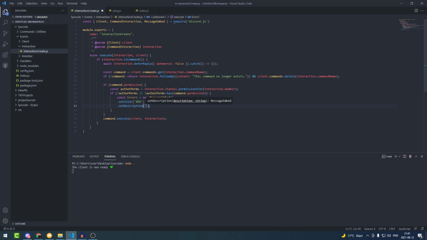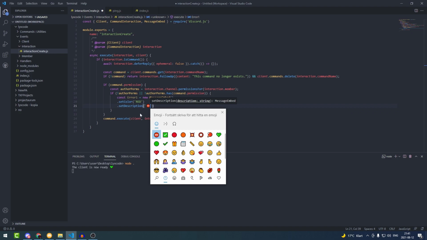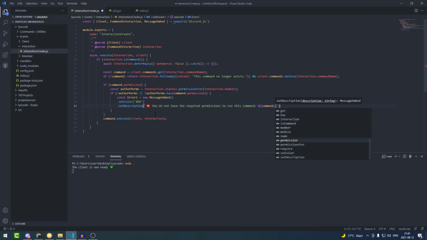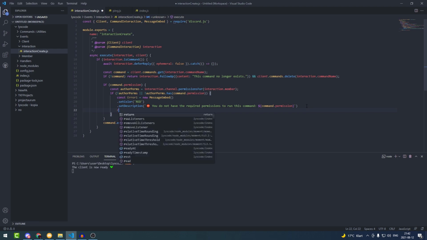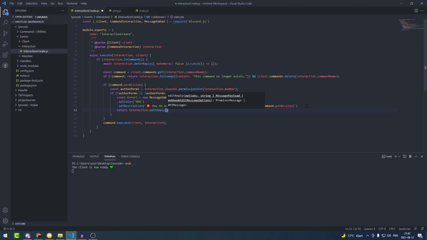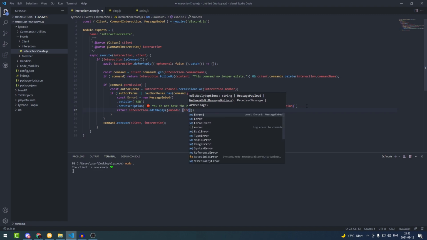You press Windows plus the dot, and this menu should pop up. And now you type: you do not have the required permissions to run this command. Alright, and here we're gonna type command.permission. Simple. And then we're gonna send it. So we're gonna type return interaction.editReply, and here we're gonna pass in the embeds array and pass in the error1, and